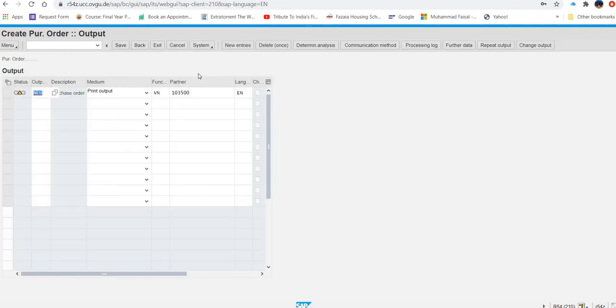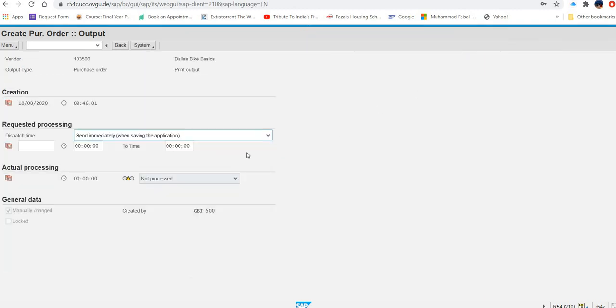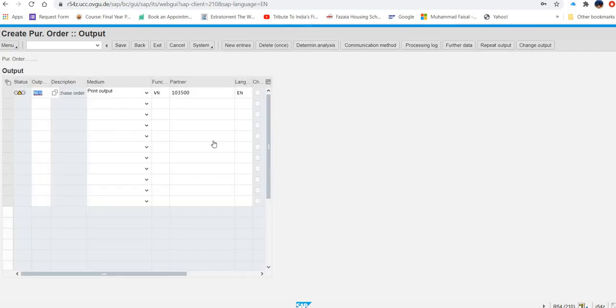Once you go back, now they are saying go to further data, and in the further data what they are asking us now, enter send immediately, that is already there. Then go back again and then save the purchase order.